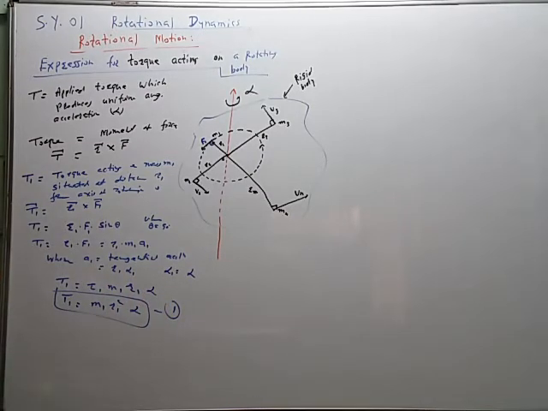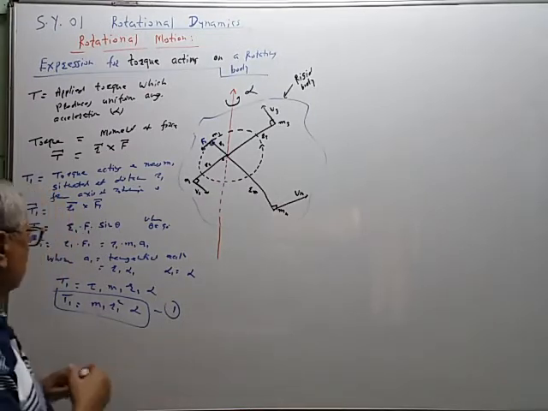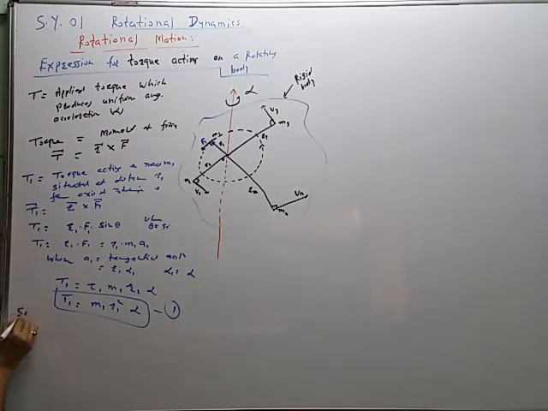So what is the meaning of equation 1? Equation 1 gives the torque acting on the first particle of mass m1 situated at distance r1 from the given axis of rotation passing through the point O, and the body is rotating with uniform angular acceleration alpha. So this is about the individual torque acting on the first particle when the total torque T is applied to the body. Now similarly, we can give the torque on the remaining particles like this.